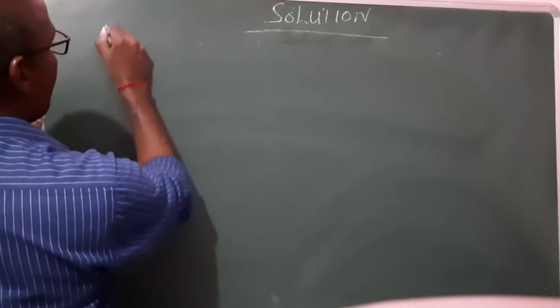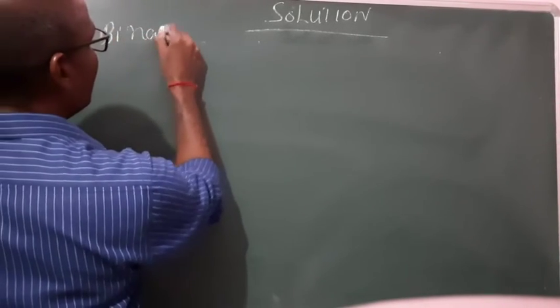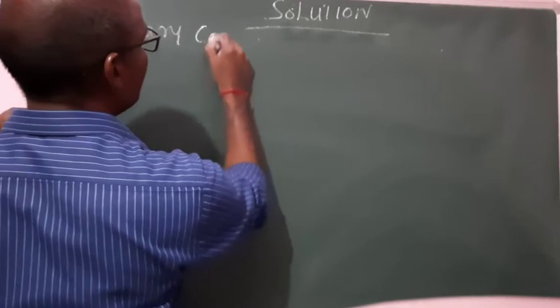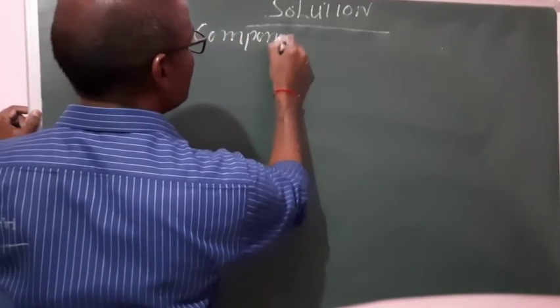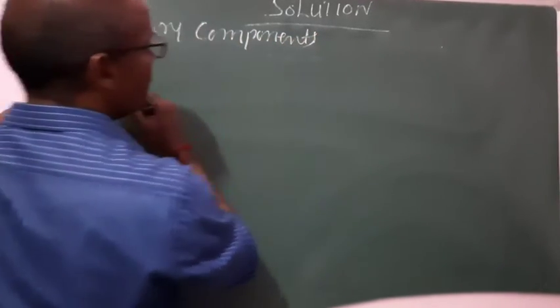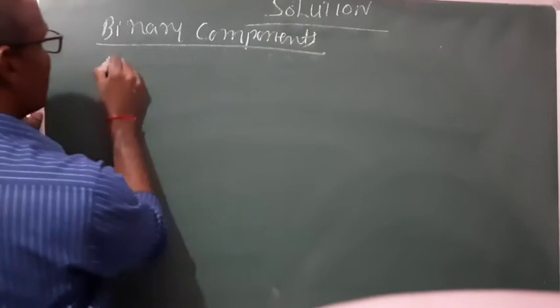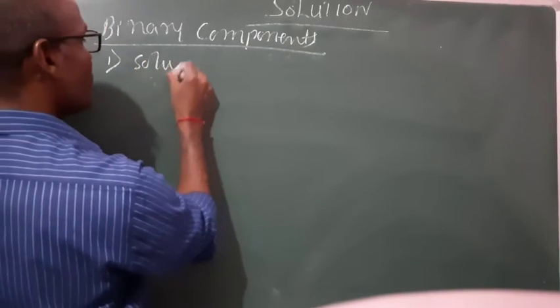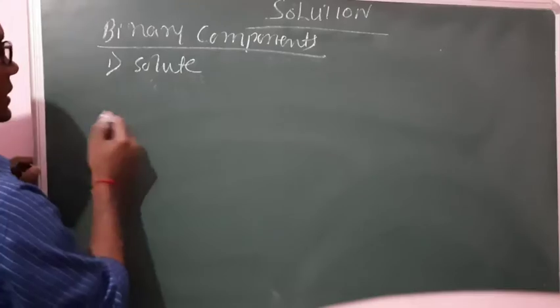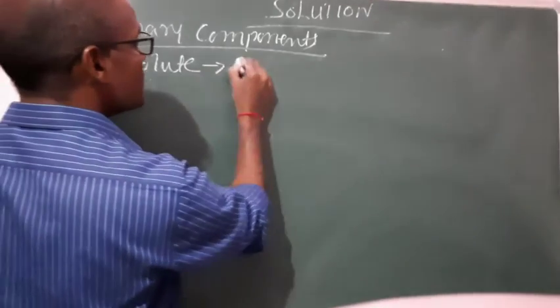Students, binary components. Binary components are two types. First one is solute and second one is the solvent. So what is solute? Substance